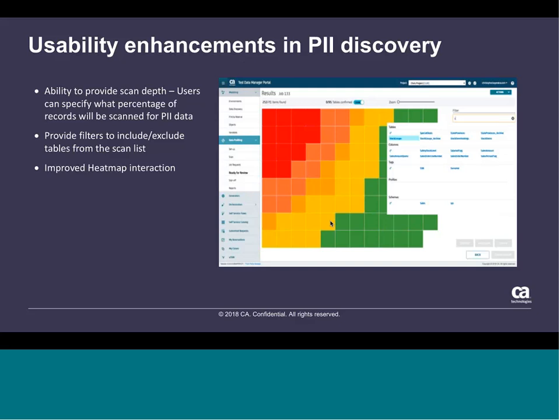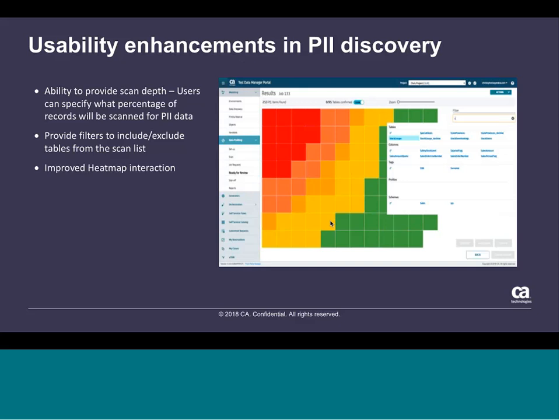Let's say you have a schema that has 2,000 tables, and you only want to scan data on 50 of those tables. So you can create an include list and just say, okay, I would like to scan only this set of 50 tables. I don't want you to waste your time on all the others. Or you can provide an exclude list saying that, okay, I have these 2,000 tables. I want you to scan all the tables, but I don't want you to scan these 50 tables. So you could just give us an exclude list, and we won't scan those tables as part of PII data discovery. And also, we have